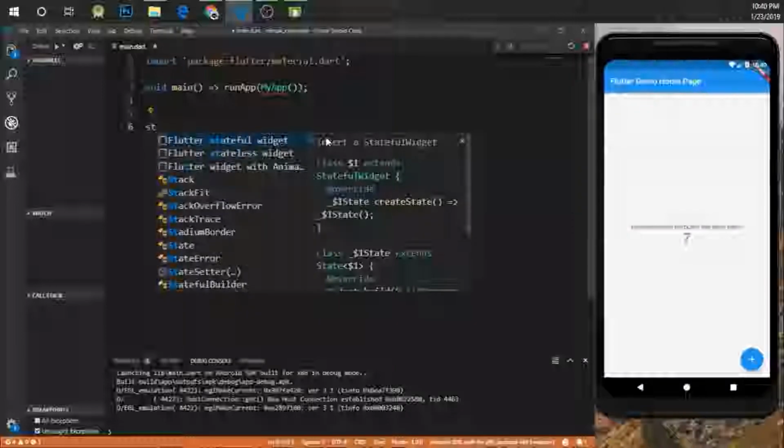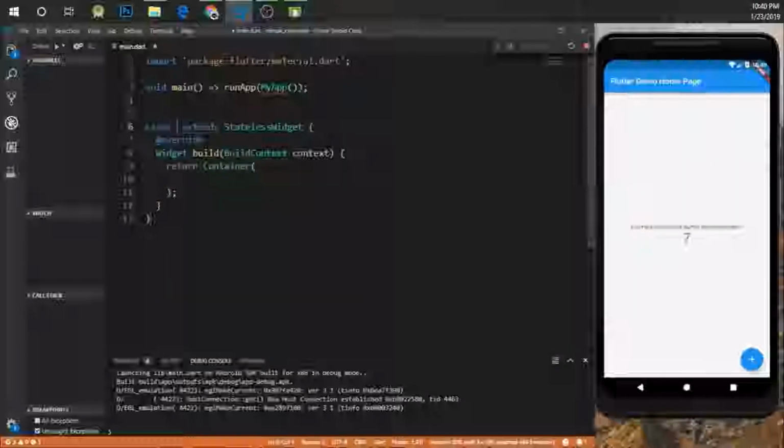I'm going to click create a stateless widget, which is MyApp. You can see the error is gone. So I need to return a new MaterialApp. Here we go. This MaterialApp will have two things. The first one is the title. I'm going to give it a title like